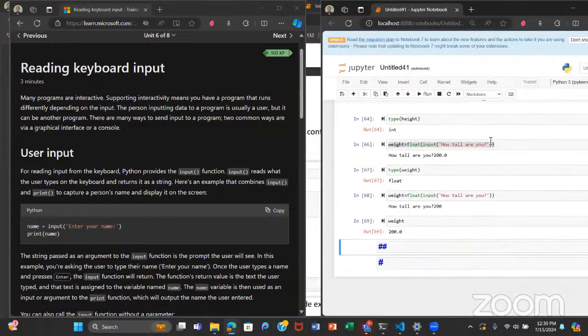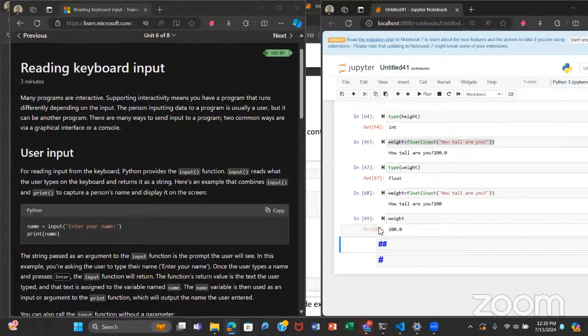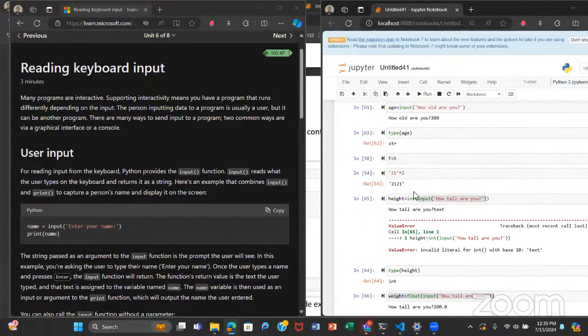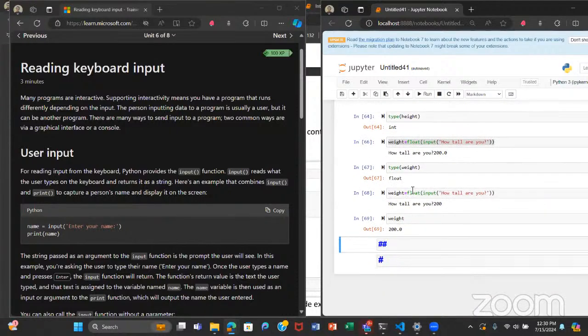But with float, as long as it's a number, even if it's an integer, it's going to convert that integer into a float on its own. You could see how our 200 was converted to 200.0. So these are the different nuances and peculiarities with using inputs and specifying the data type you want. This is basically it with regards to collecting user inputs.